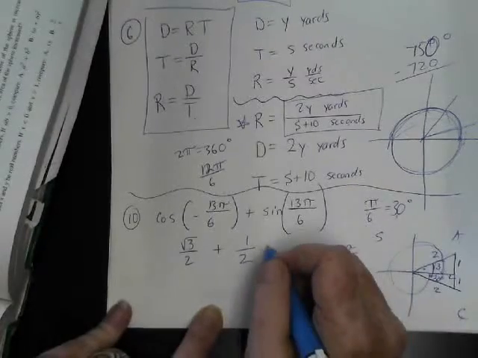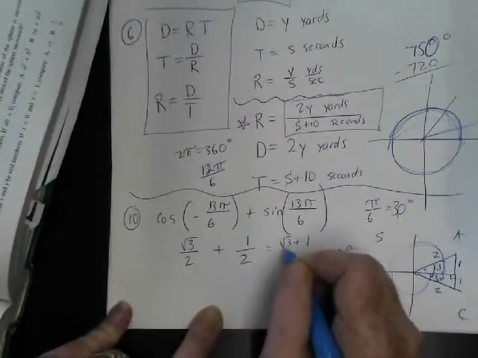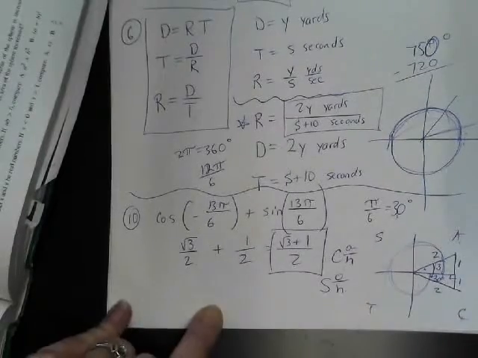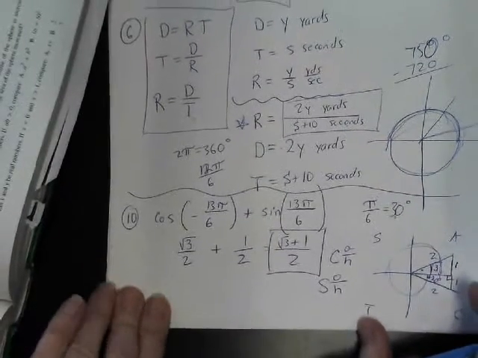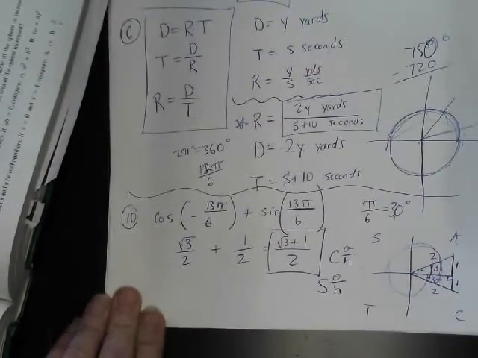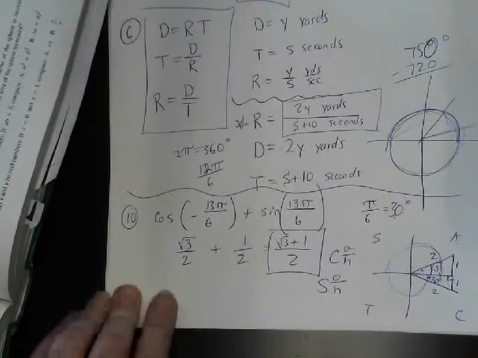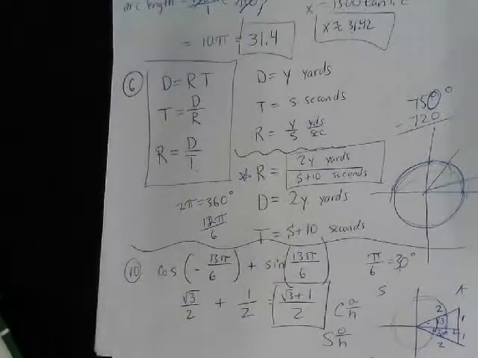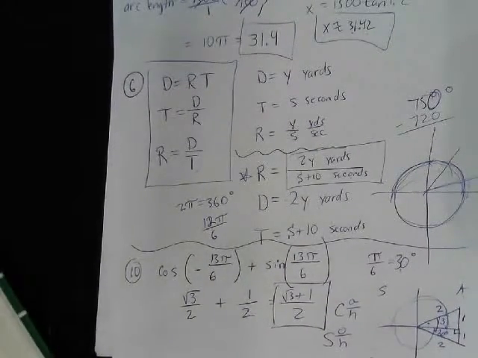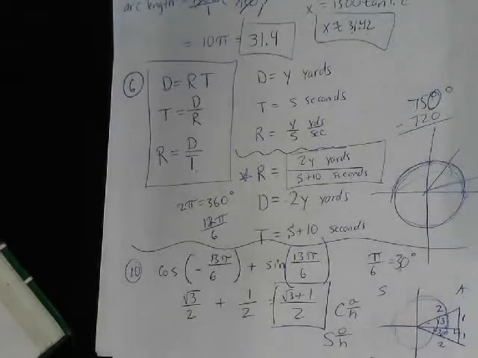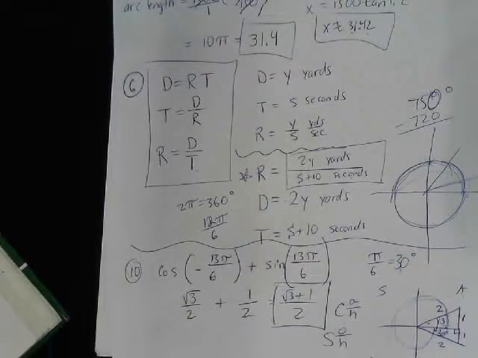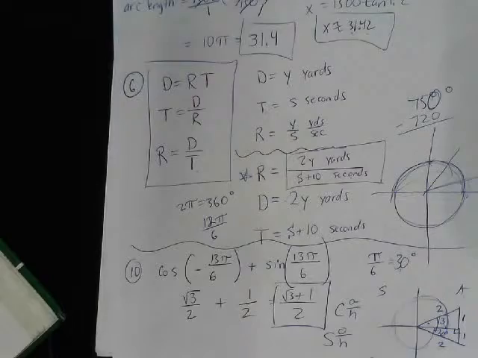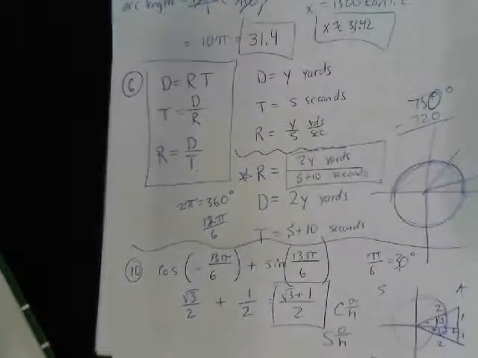So now I can just add them up, and I can say that's root 3 plus 1 all over 2. That's what we should have talked a lot more about yesterday, and that is not your fault, that is my fault. Let's check it and make sure before I send it off to YouTube or wherever I'm going to go. So what number was it? Number 10? Yeah, root 3 plus 1 all over 2. Okay, so I'm going to turn this thing